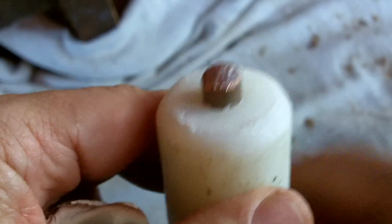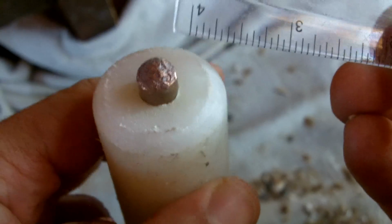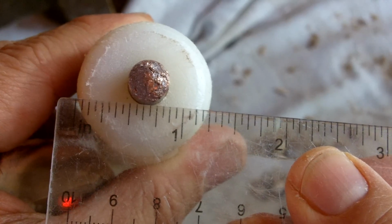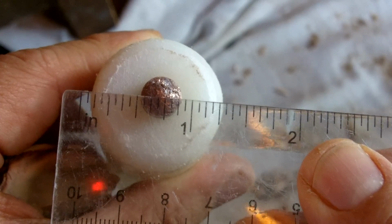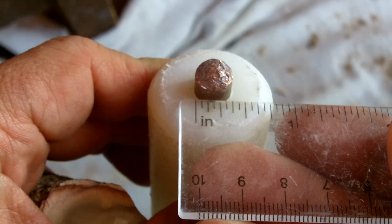Okay, so it's about time for me to make another video with difficult rock, and I've got a new percussion flaker. Let's see if I have my tape measure or measuring device. This one I believe is 1.25 inches in diameter, or maybe a little bit more. Anyway, it's about 1.25 inches, and the copper rod is 3/8, so it's a little bit heavier